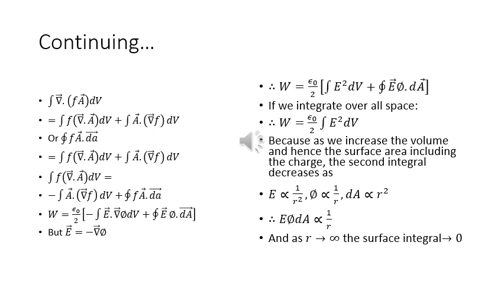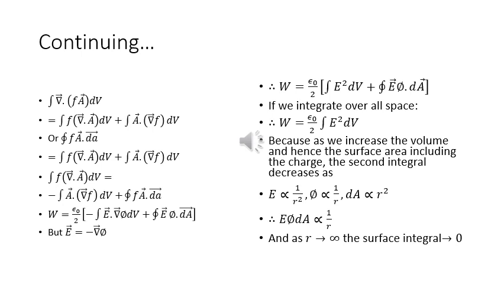But E is equal to minus grad phi. Therefore, W is equal to epsilon naught by 2 open brackets integral E square dV plus closed integral E phi dot dA. If we integrate over all space, then W is equal to epsilon naught by 2